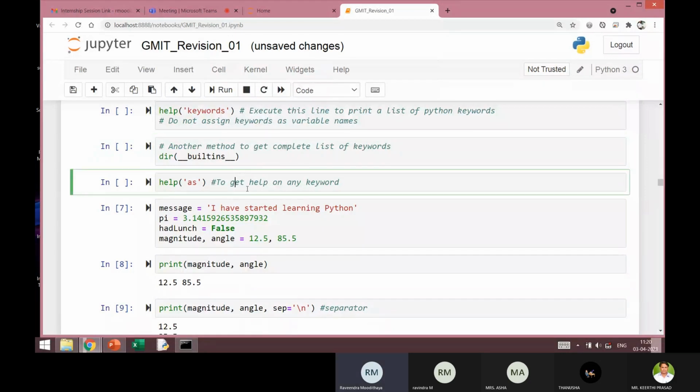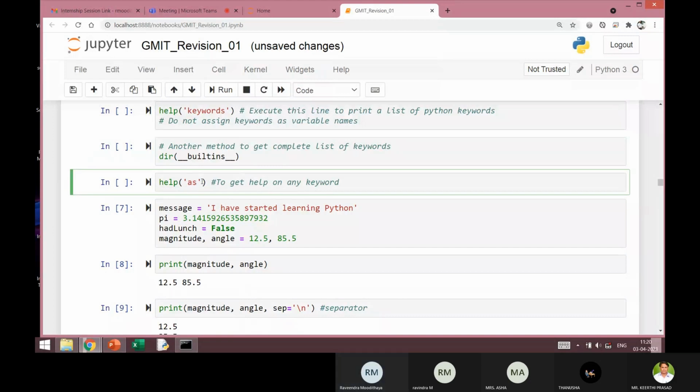Now, many times we get some small doubts about the different keywords or maybe a function. In such cases, I can get a small help by executing this command help. Recall that there was one built-in command as.